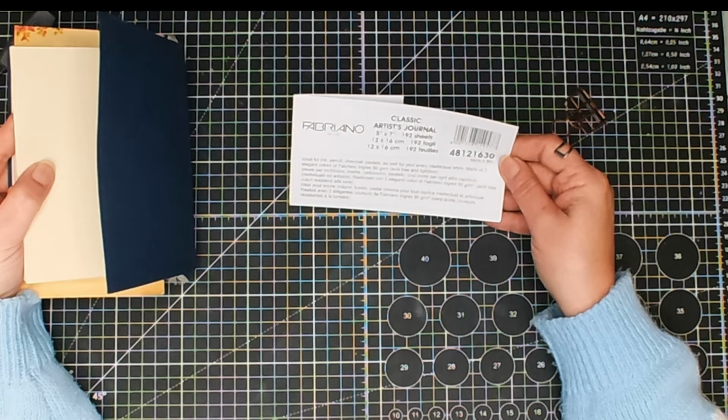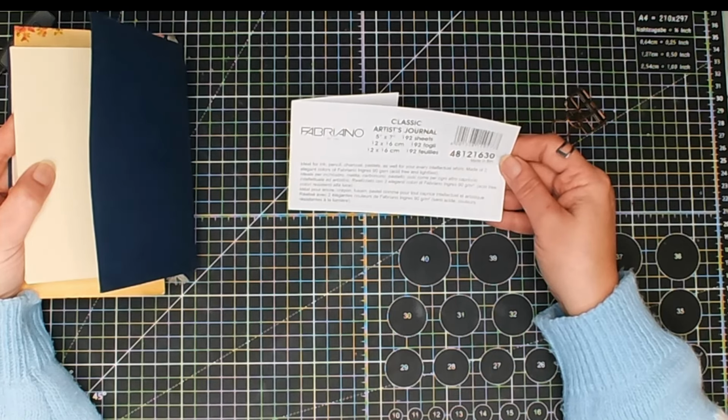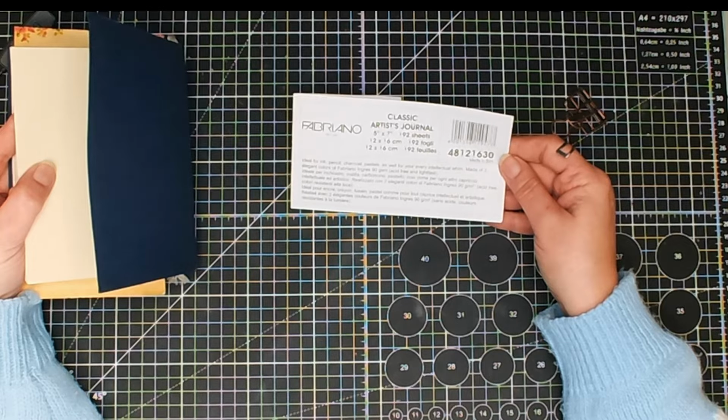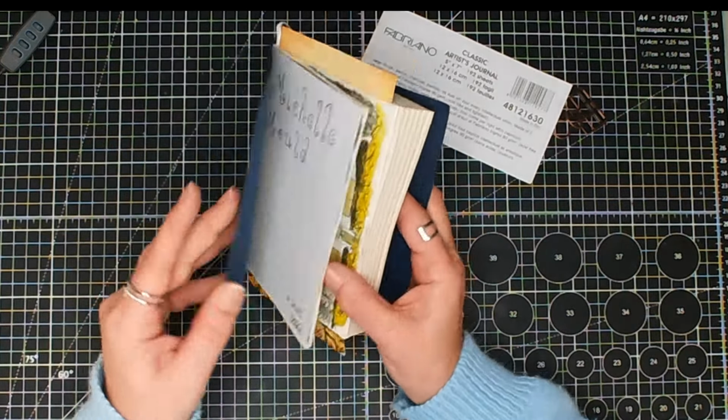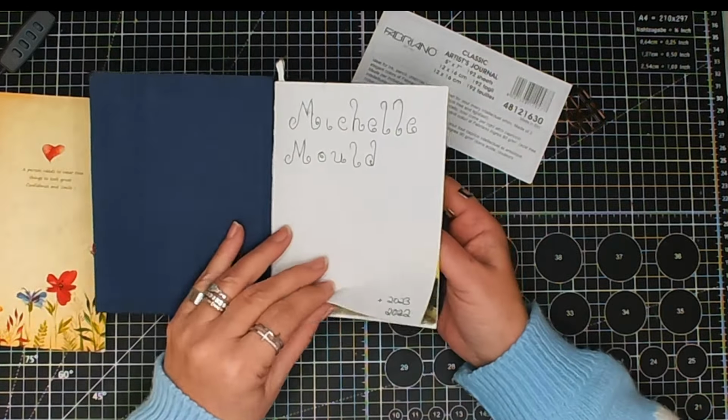So it's 5 by 7 inches. And it is only 90 GSM. It's very flimsy. So it's really only good for line and a bit of wash. However,